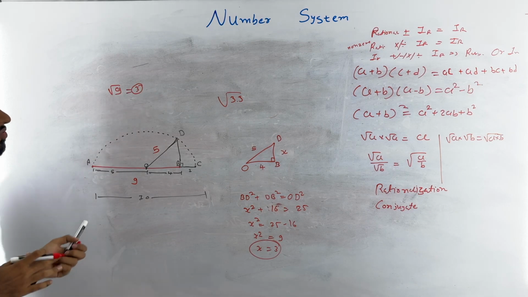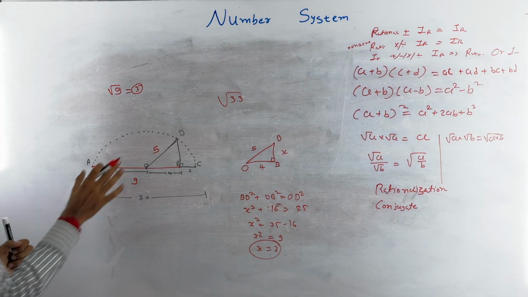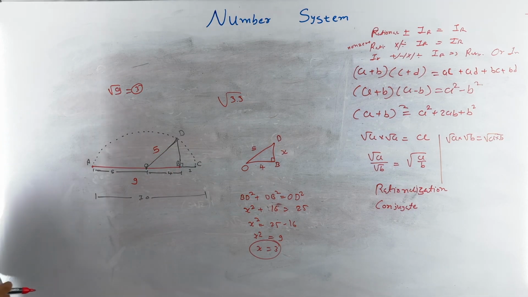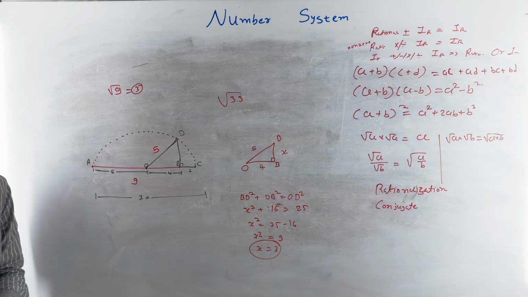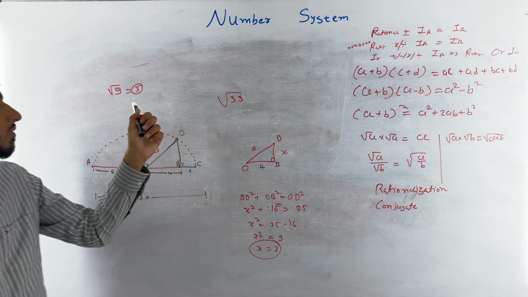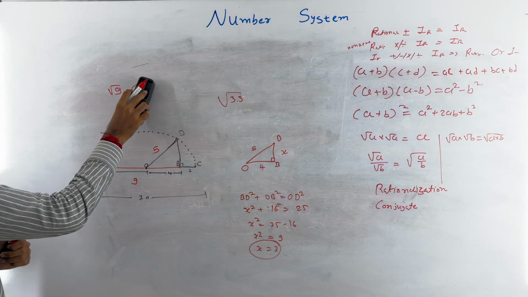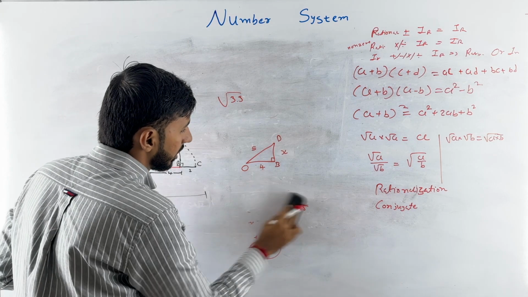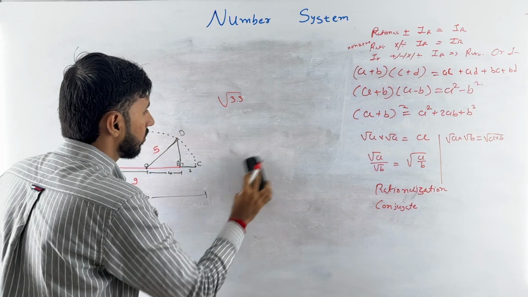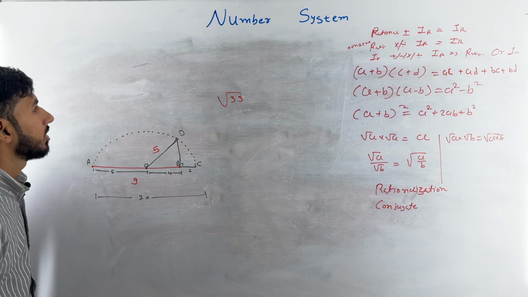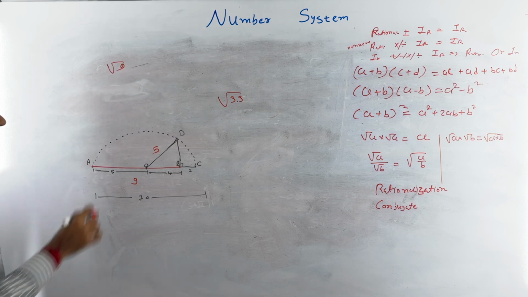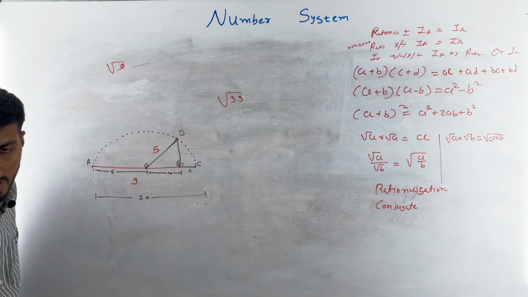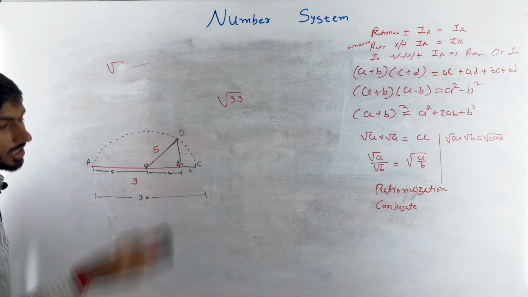So if I want to find this length, this will be the process, and the main concept is that I have to use the Pythagoras theorem and a right angle triangle to find this length. Now I can write any number here, and the process will be the same, and I get the desired answer. Here I used this method for finding square root of 9, that is 3. Now if I want to find square root of 10,